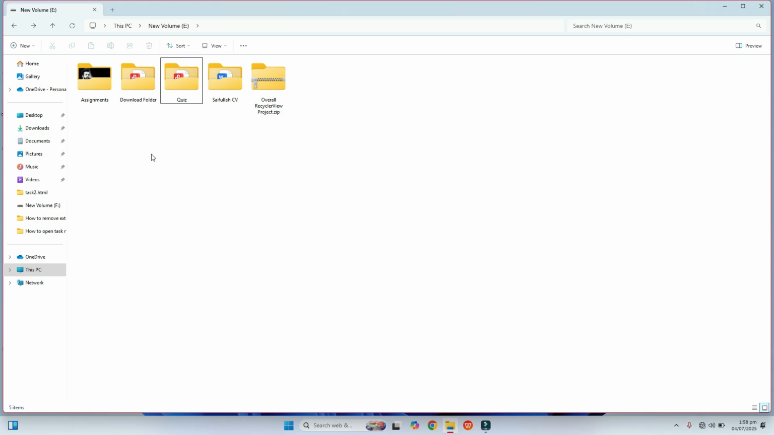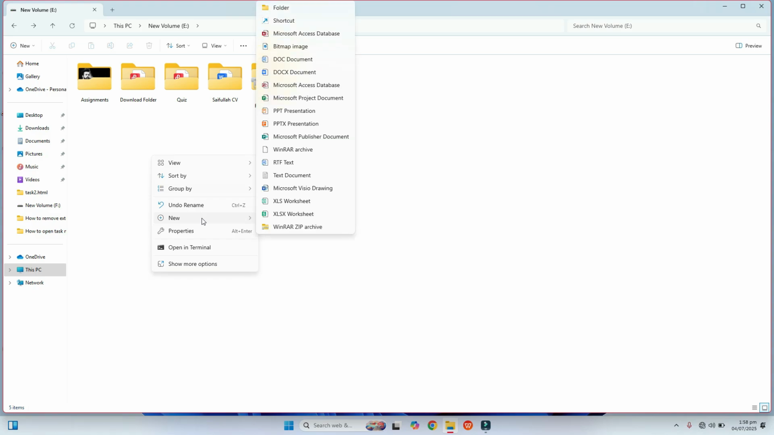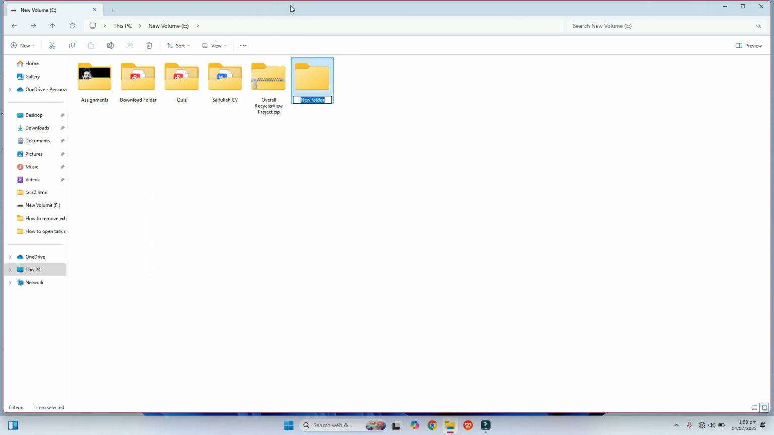First of all, I will create a folder, so right click, go to the new option and click on folder. Here write the name of the folder which you want to hide, so just like I will write folder to hide. Press enter. Now right click on this folder